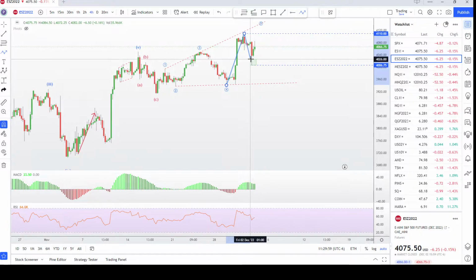Jobs report came out Friday. They took it straight down to the 618 level and shot right off of that level. So I see 1, 2, 3, 4, and here's a leading diagonal for the, we need 3 waves for this 5th wave. So that's 1.